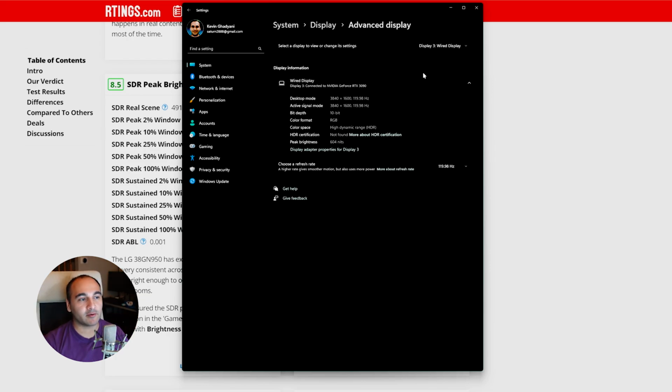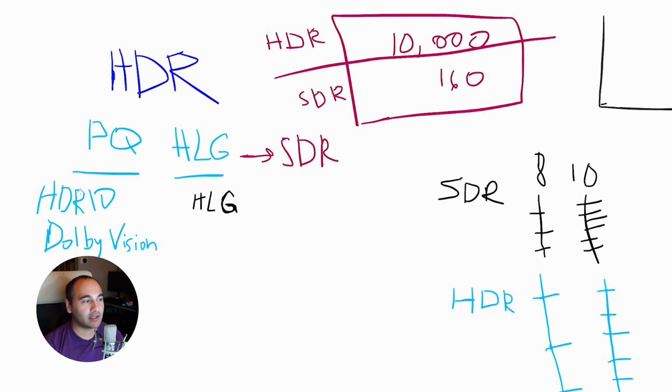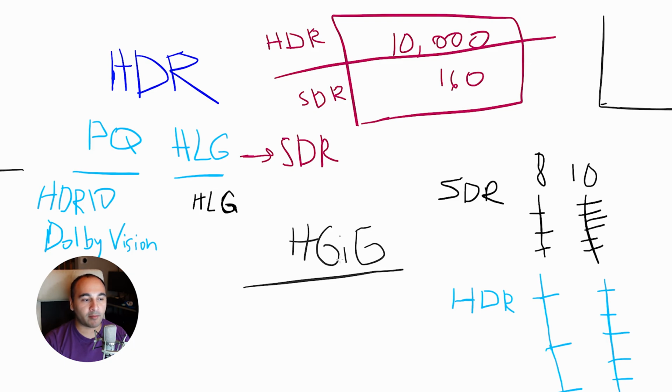Now the color was not calibrated. The brightness was calibrated with HGIG. Back to this, it's a set of guidelines for how to do HDR tone mapping, and Windows is in the HDR10 space. Xbox can do Dolby Vision, but in the HDR10 space, Windows is actually doing tone mapping. So your display does not need to, which is why in my LG TV, I turn on the HGIG setting because this completely disables the tone mapper. Off does not. You can still use off. It's okay if you have a Samsung TV,